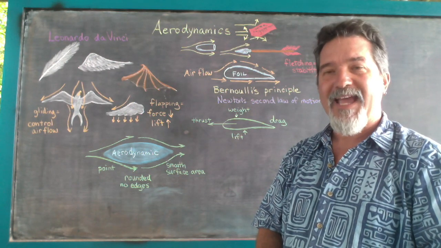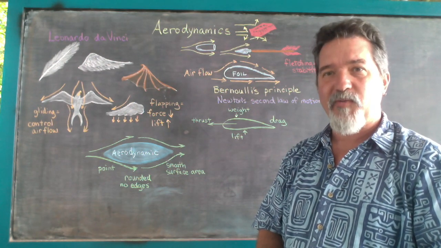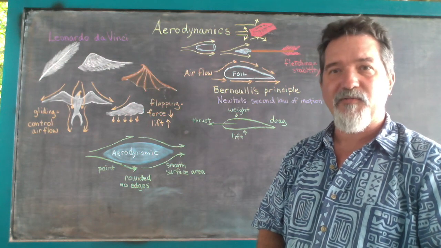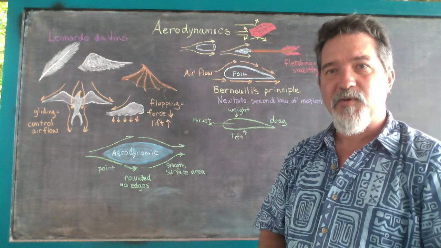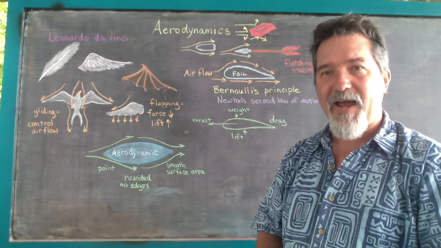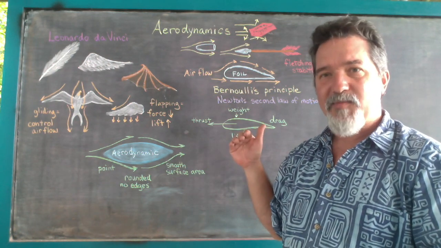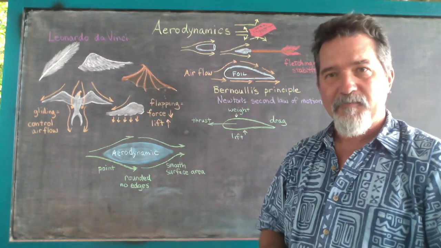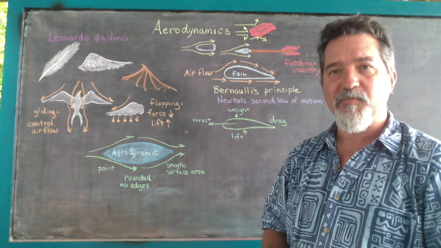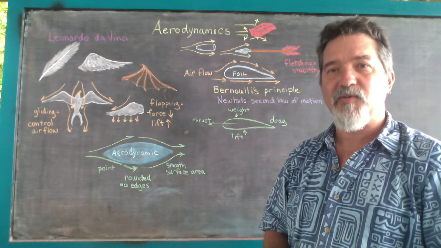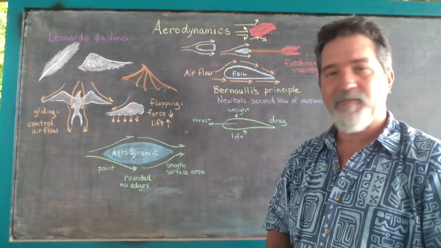So ultimately, as anything moves through a fluid, whether it's a wing through air, or a foil through water, or the dolphin's fin, there's always going to be a certain amount of drag created as the object moves through the fluid. There's always going to be a certain level of friction, and as that friction builds up, it is able to slow down whatever it is that is moving.